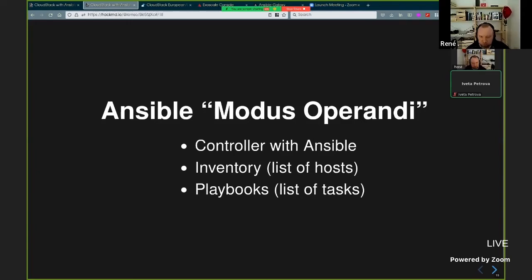So it can have a plugin, it is also a plugin, of course. We have a plugin for CloudStack, and you can use it to gather all hosts in your CloudStack account or project, and use it to connect to them or to take action on it.